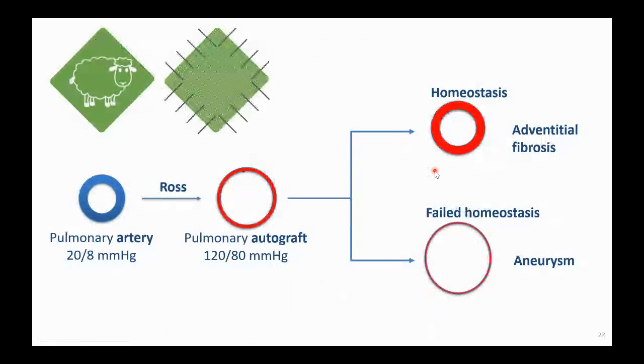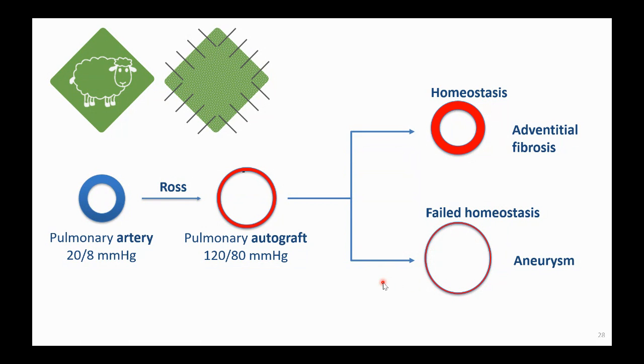Okay, but still, we have all this data. And let's say as a conclusion of our in vitro and animal work, we observe what is also observed clinically, namely some tissue moves towards a homeostatic state after you bring it to this high pressure environment by having what we call adventitial fibrosis, so new collagen that's appearing, whereas other tissues seem to dilate further and they fail. They create this aneurysm